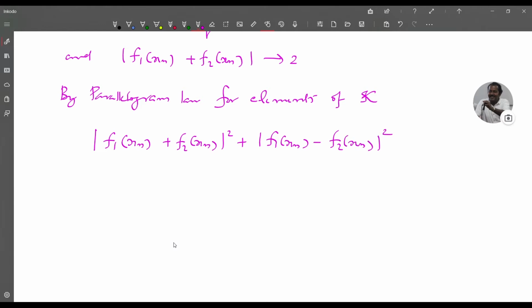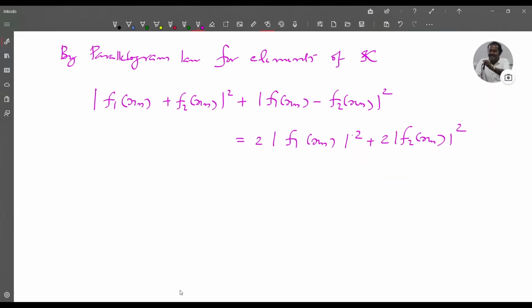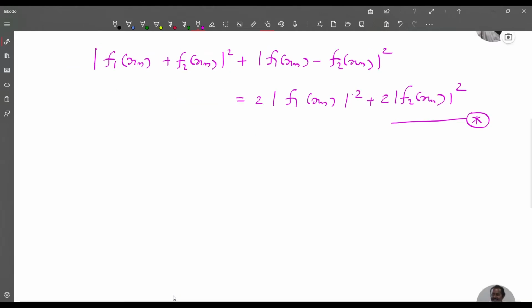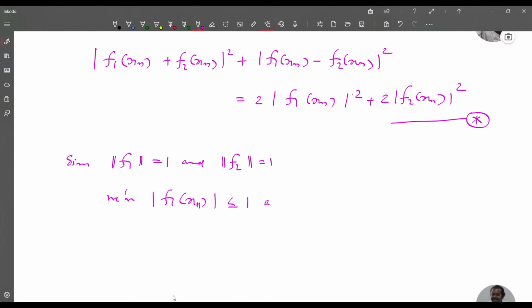This is equal to 2 times modulus of f1 of xn square plus 2 times modulus of f2 of xn square. Take this as equation star. Now since norm of f1 is equal to 1 and norm of f2 is equal to 1, we have modulus of f1 of xn is less than or equal to 1 and modulus of f2 of xn is less than or equal to 1, since